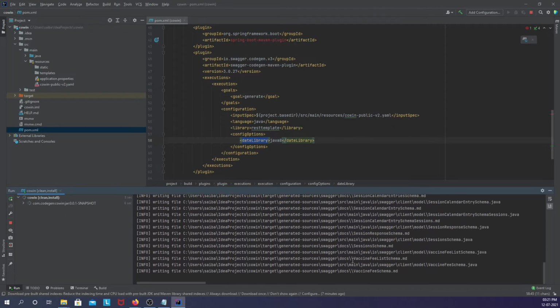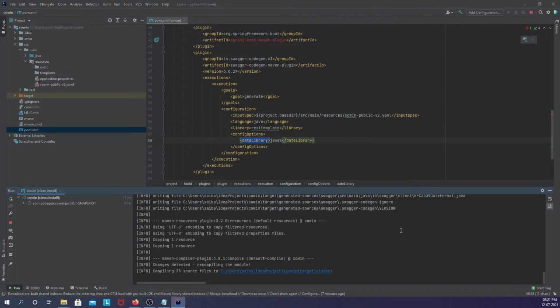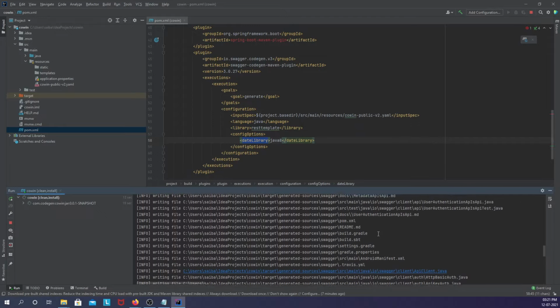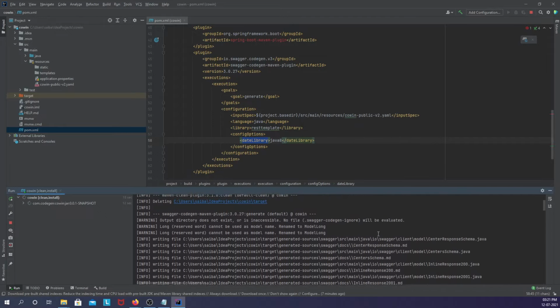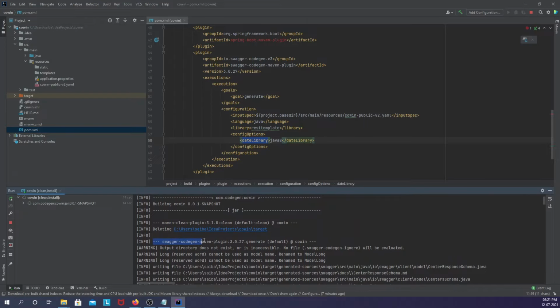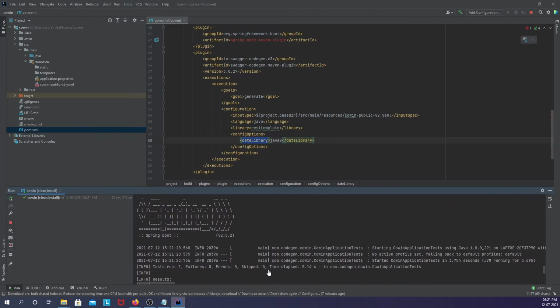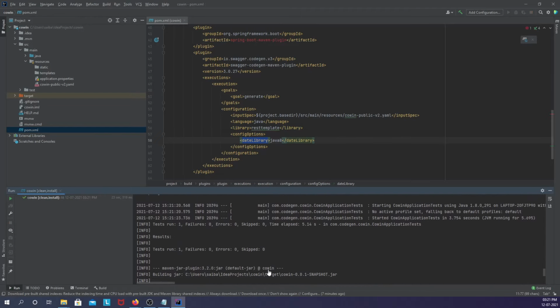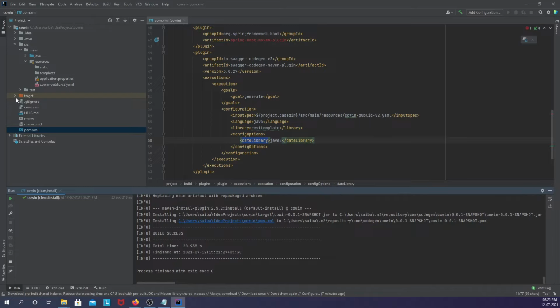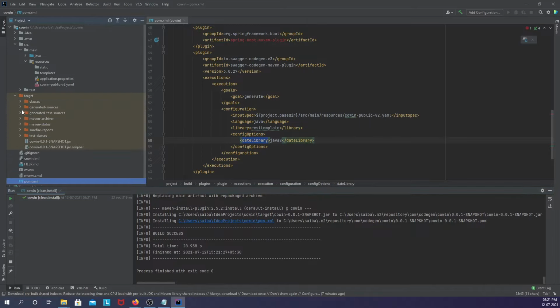And so again you can see the Java files are getting generated from the Swagger CodeGen Maven plugin, right? This is the generate phase. Once these classes are generated and the build is successful, we can see these generated classes inside the target folder.